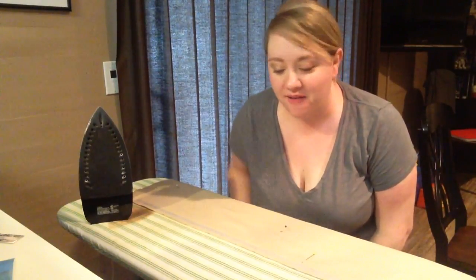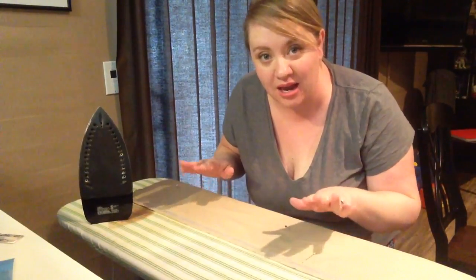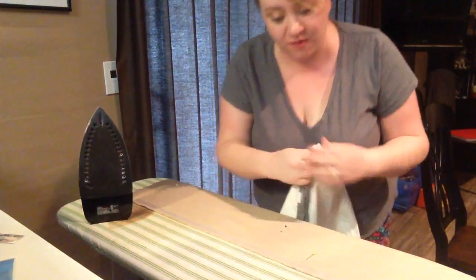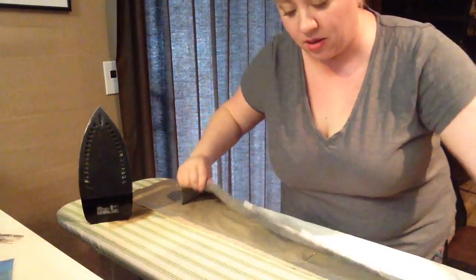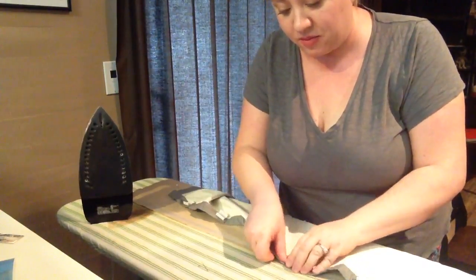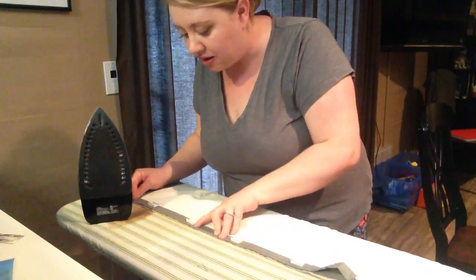So okay, now that I have the tape along the edge, I used the stitched line as a guide to keep it straight. I'm going to go ahead and lay my curtain right side facing the back of this. And I did identify the center of my curtain so that I'd make sure to line them up, because you want an equal amount of excess on either side. So I'm going to remove my pin so it doesn't get stuck in there. And I'm just going to lay this right along. And I'm laying it just slightly under the top